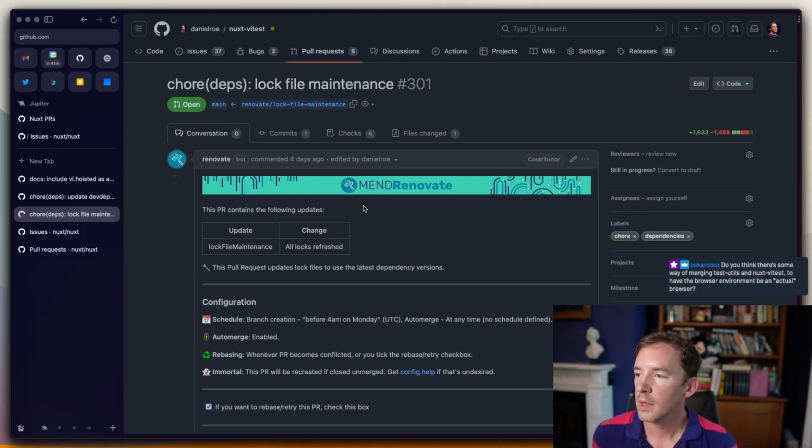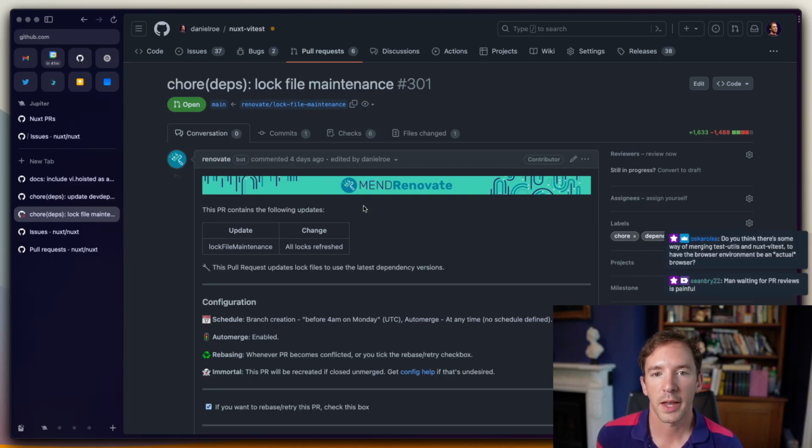How the browser environment in Nuxt Vitest, you mean? Like Playwright component testing, basically. So there is actually